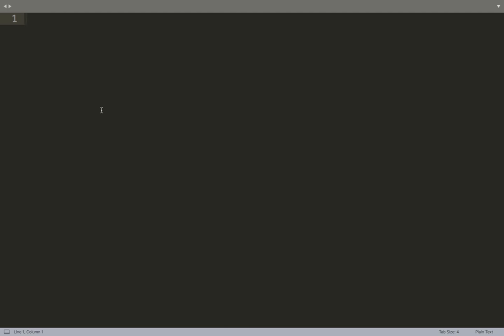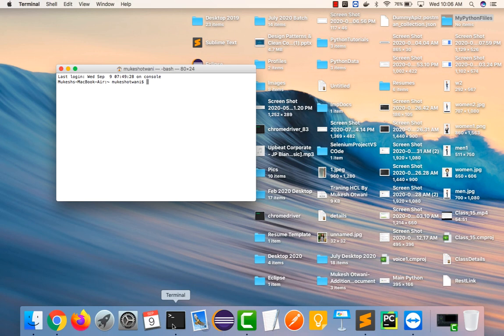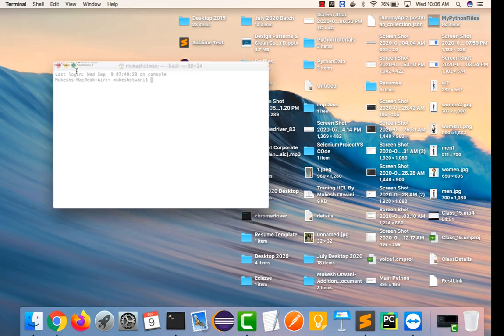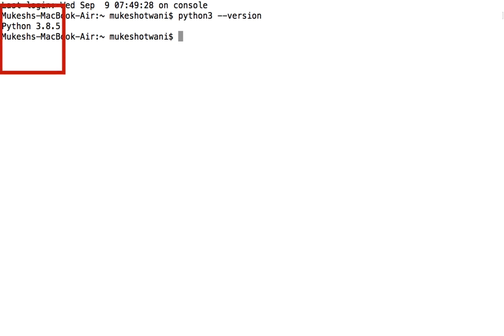So let me quickly check, do I have Python installed and am I able to check the Python version. I'm going to start a terminal. You can directly start a terminal and just check here. Let me just maximize, and I will be using Python 3. By default we get Python 2 as well with Mac. So I'm going to use Python 3 here, and I will simply say python3 version. And you can see at the time of recording this session, the Python version is 3.8.5.